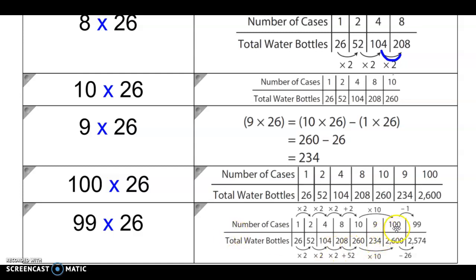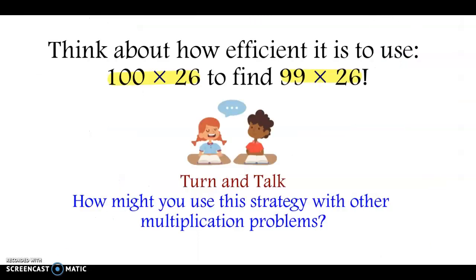26. So we could take 100 minus 1 group gets us 99. We're taking away one group of 26, so 2,600 minus 26 is 2,574. I want you to think about how efficient it was to use 100 times 26 to help you figure